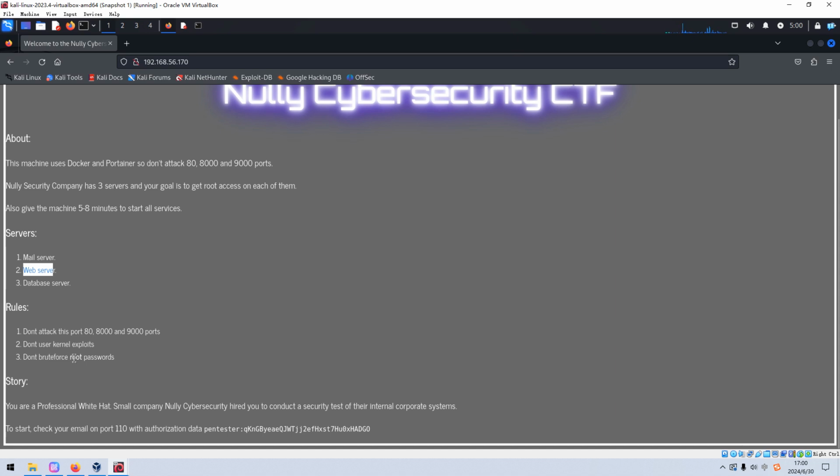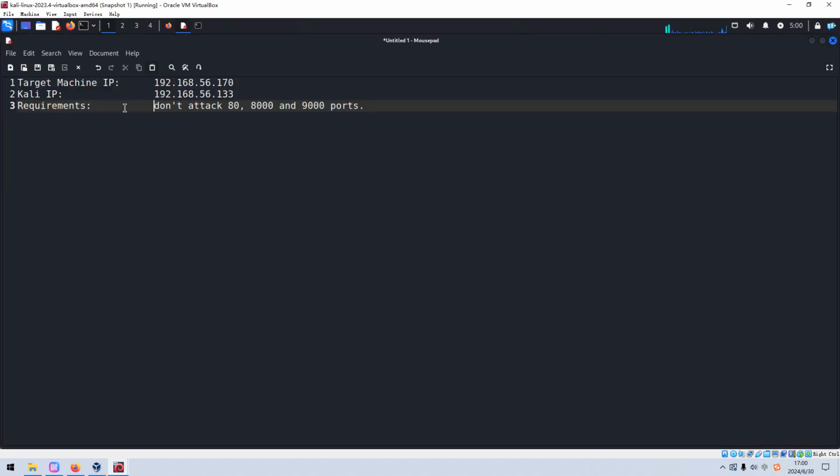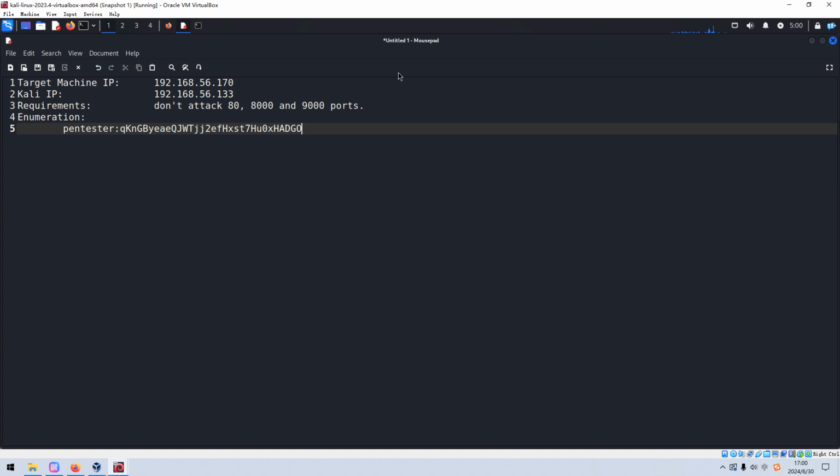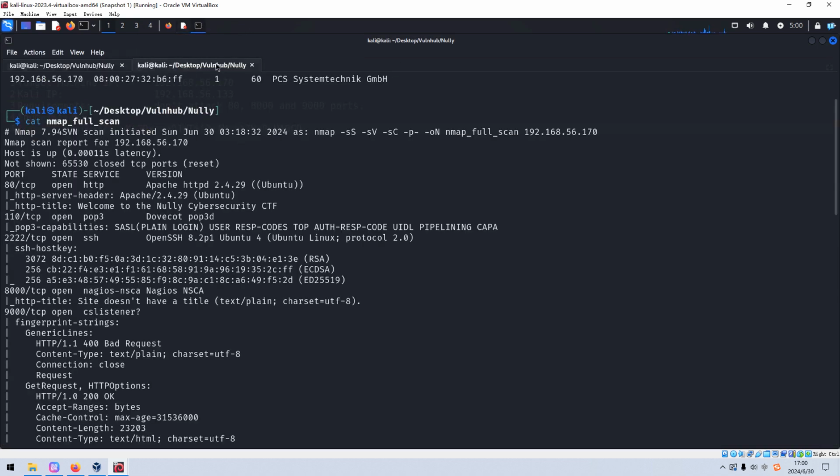Don't brute force root passwords. All right, and it also gives us the credentials to connect to the email server. As we know, the target is running POP3 service. POP3 is for receiving mails. Okay, so we can copy this information. So, the pen tester. So next, I think we can start with